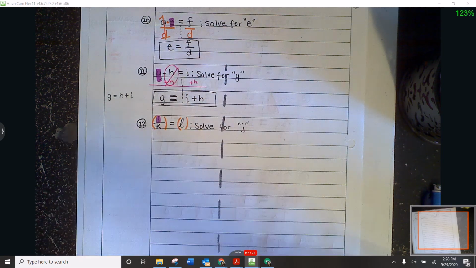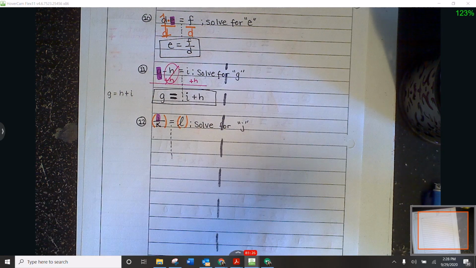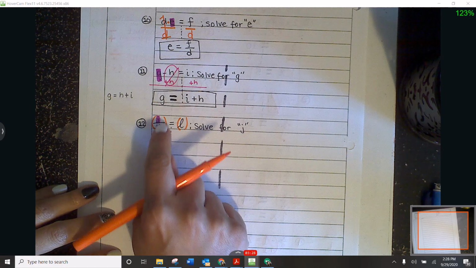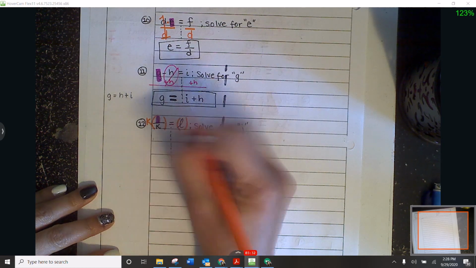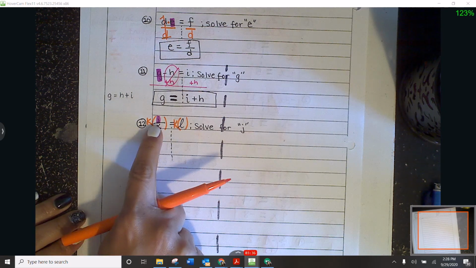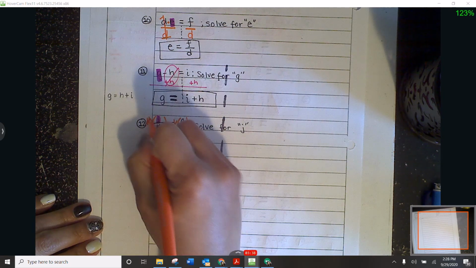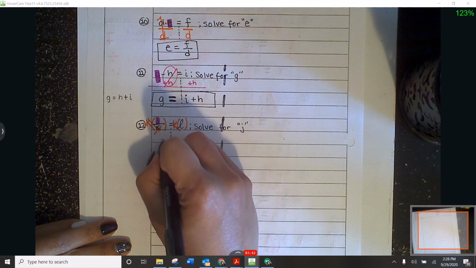And I don't want to forget to split it down the middle. So since I'm dividing by K, the opposite would be multiplying by K. Remember, K over K reduces to 1. So I'm just left with J